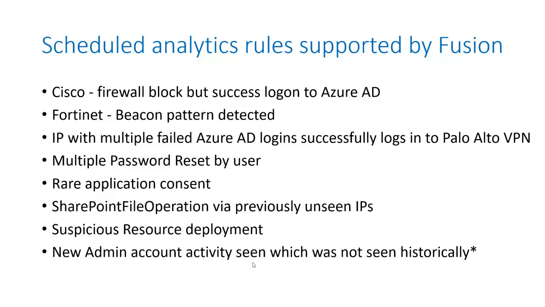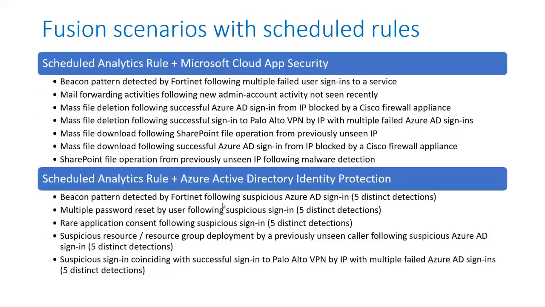There are 32 scenarios that can be seen with the scheduled analytics rules. And then when it comes to ransomware detection, any scheduled analytics rules within your workspace, if it's enabled, if it has the tactics information configured, can be picked up by Fusion. If there's a correlation identified, an incident will be triggered in your workspace. So that's the distinction between the predefined scenarios versus the new ransomware detection.